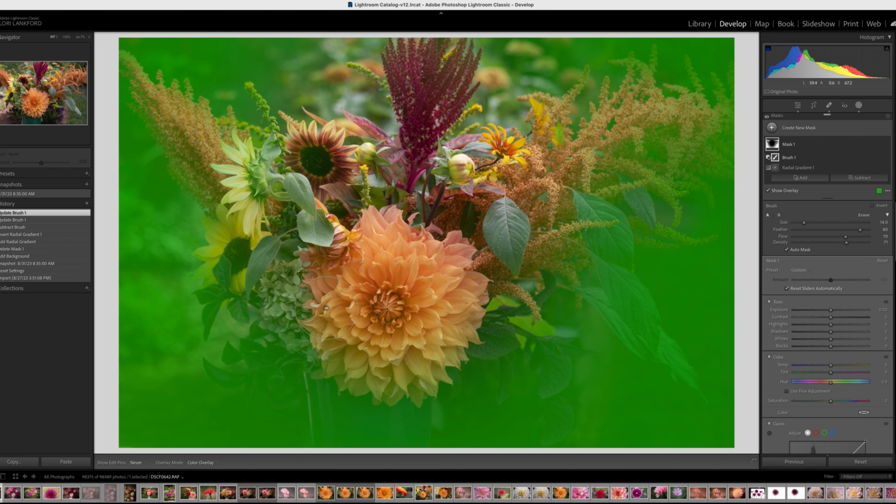So we're going to come in and just clean up where the mask is, probably come down where that flower dropped, maybe a little bit more down here, and just kind of make it where it fades pretty soft, but bringing back a little bit of that. All right, so now I have the mask where I want it, and so I'm going to start editing the